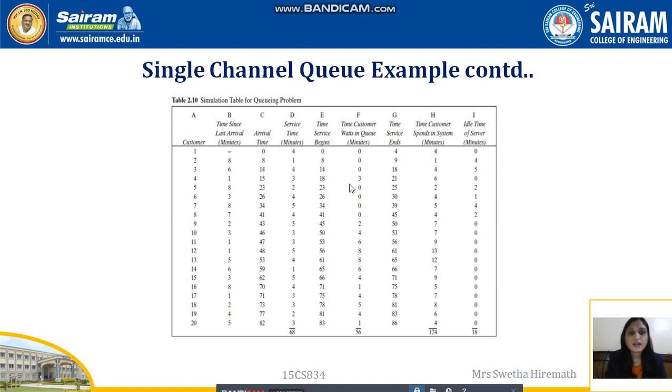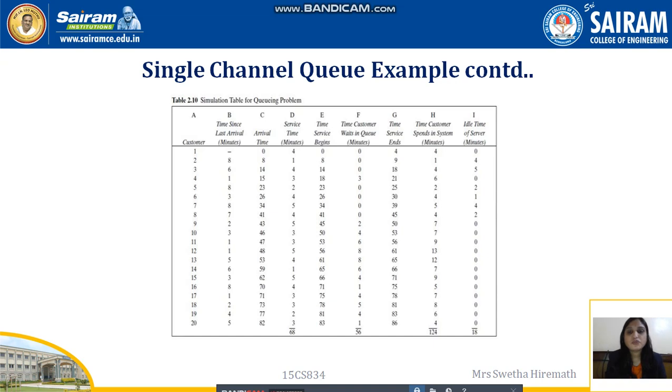So based on that scenario, again we are going to calculate the time since last arrival, service time, the service time begins for Able, service time ends for Able, service time begins for Baker, and service time ends for Baker, and also the idle service time of Able and Baker will be calculated, and we'll be finding the total of it, and after that we'll be going for calculating the average values based on the formulas. So this is about the inventory system.